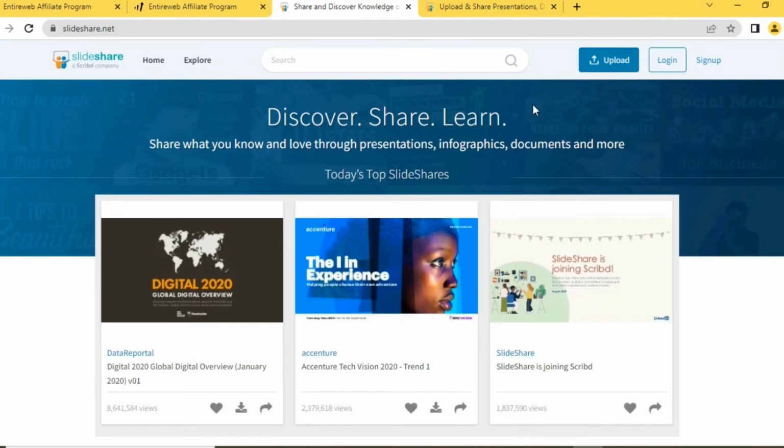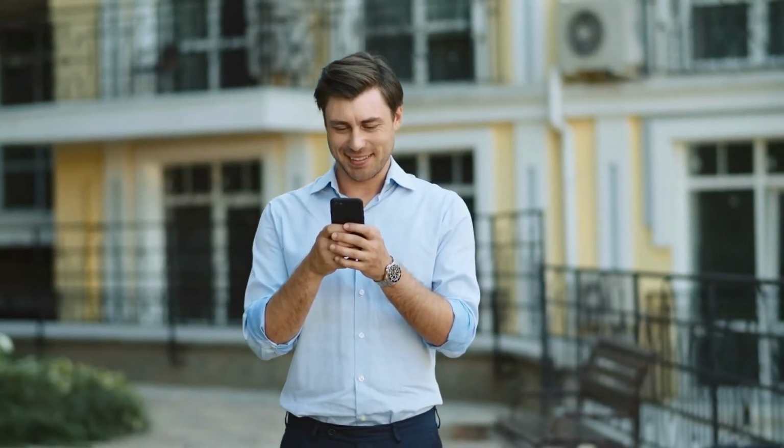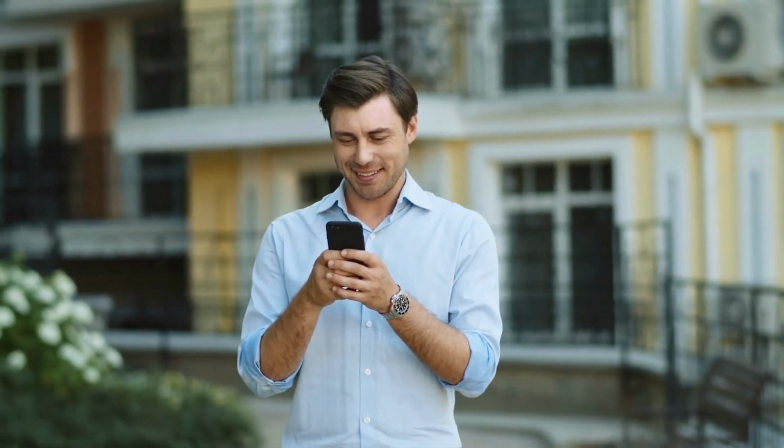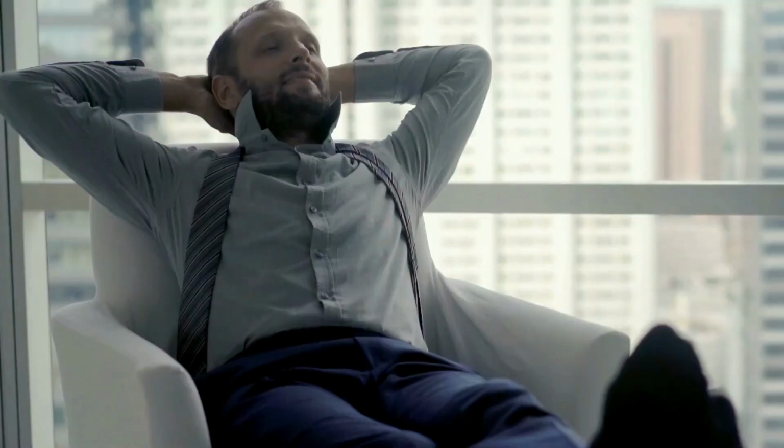To get started, let's create an account on this site by clicking on this Sign Up button right now. To upload your PDF file once you've successfully registered your account, just click on the Upload button. After that, choose the file that you want to promote and give it a title that will persuade the general public to click on it. This is optional. Once you've completed all of the information required, just click on this Publish button to have your script and article published, and you're done.